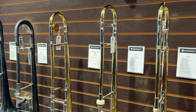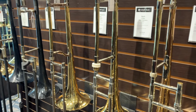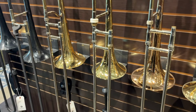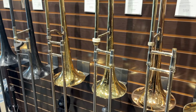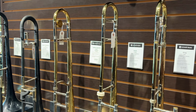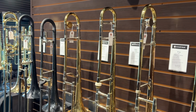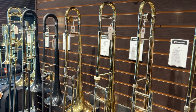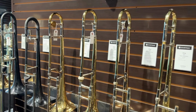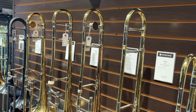The Bach LT16M. Of course, the LT16M is the original design they put together with the great Bill Watrous here, a straight 509 bore, lightweight hand slide, lightweight setup overall. It's an instrument that brings a real balance and color. It can bring some depth and darkness to it, but still really responsive. I know it's a favorite of a number of players we have in the St. Paul, Minneapolis metro area here,